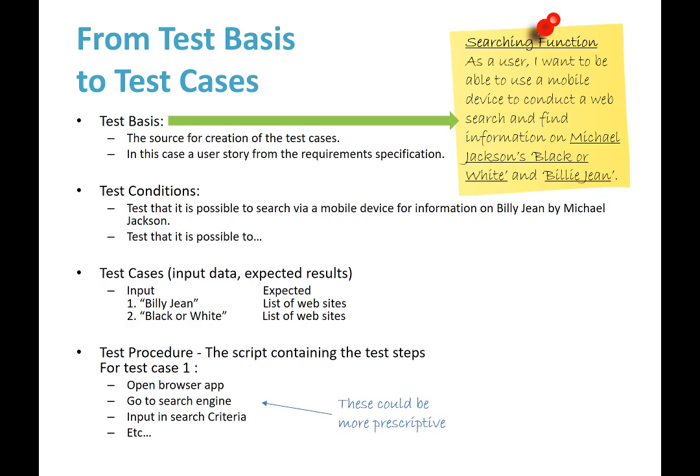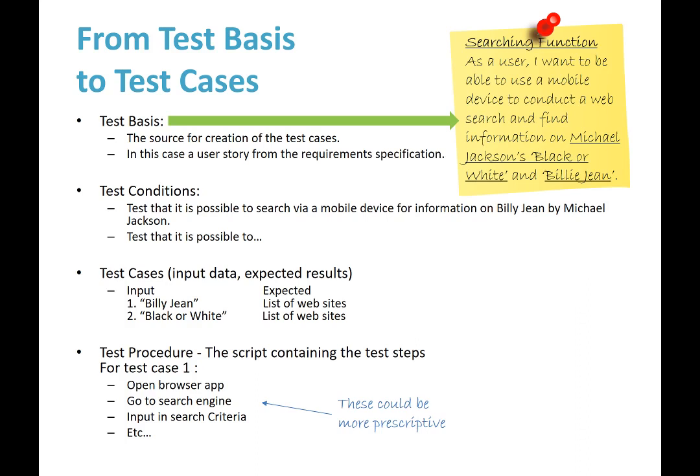To put it in slightly more technical terms, let's look back at our user story for searching for Michael Jackson's Black or White and Billie Jean track. So in this case, the test basis is this user story. This is the source for creating the test cases. This is what I look at to figure out what I need to actually test. So in this case, it's a user story, and you guys will be working with requirement specifications down the line